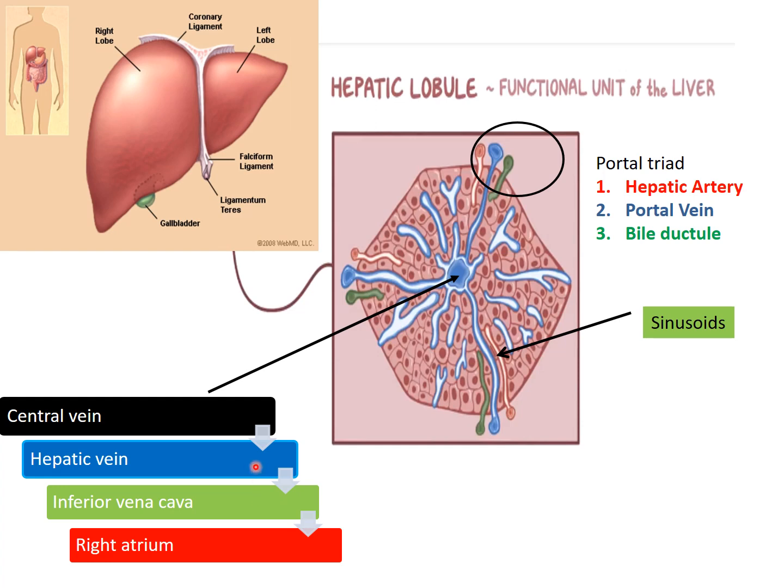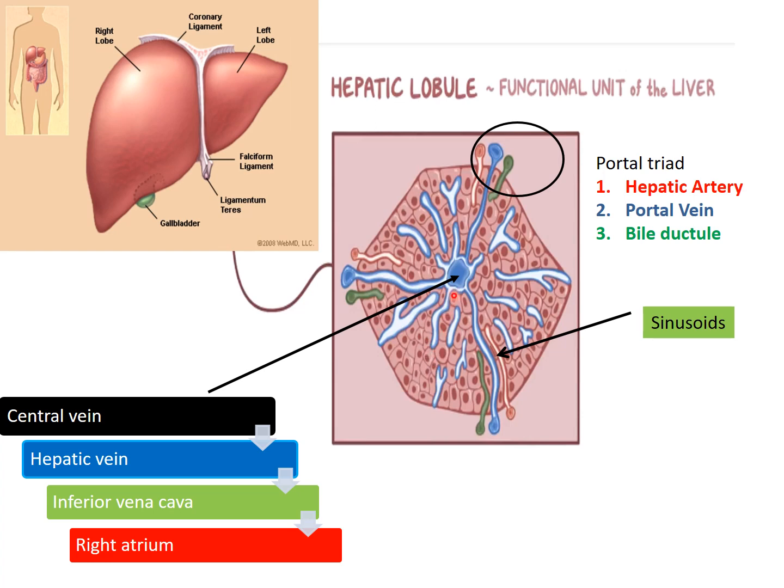The back pressure changes will affect the hepatic vein, leading to congestion of the blood in central vein, and this congested blood in the central vein will lead to the decrease in the functioning of the hepatocytes, because it will be causing the congestion of the blood in these sinusoids, and the back pressure changes will affect the liver parenchyma cells.